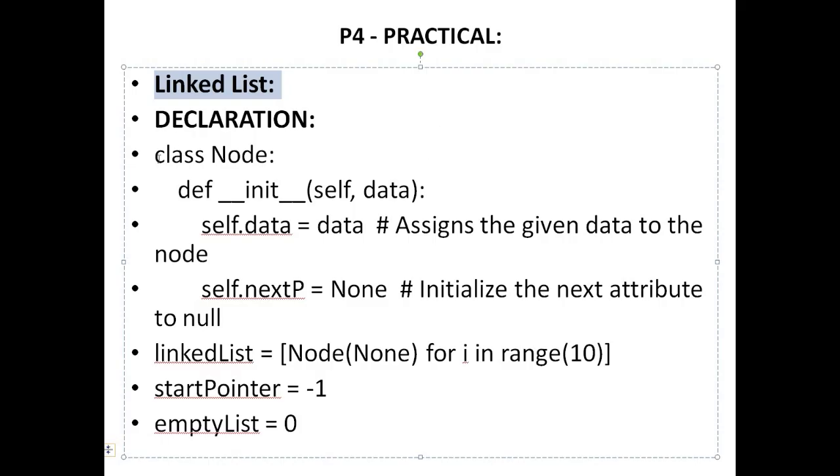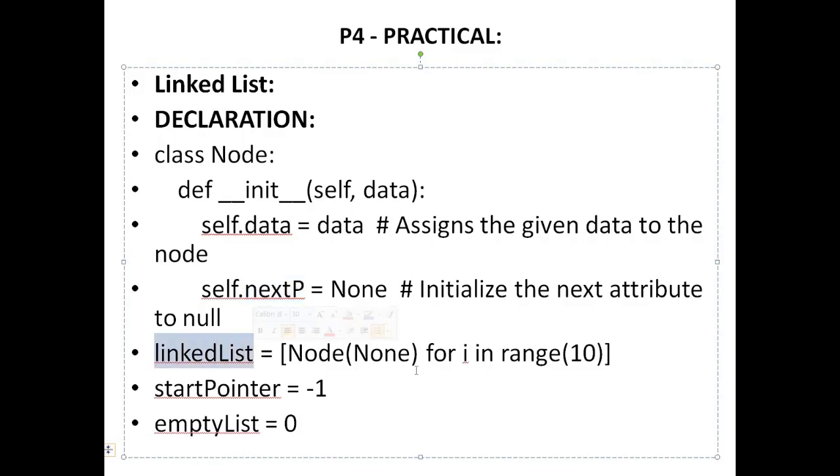Anyway, so what we are going to do, we need to create a class by the name of node that will basically consist of two attributes or two data items. One is data, one is the next pointer. Because obviously every node in a linked list consists of two things. One is the actual value and the other is the pointer, like where is the next value found.